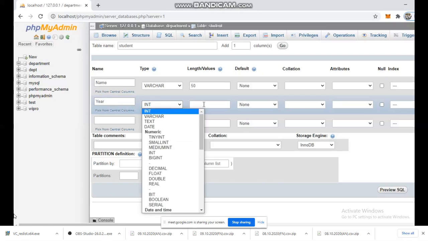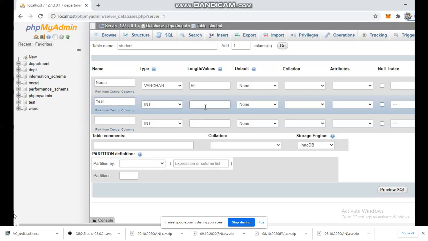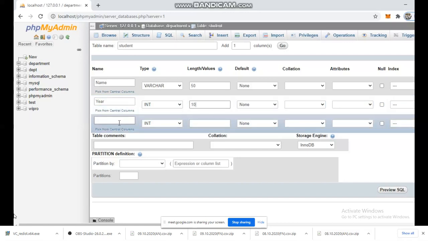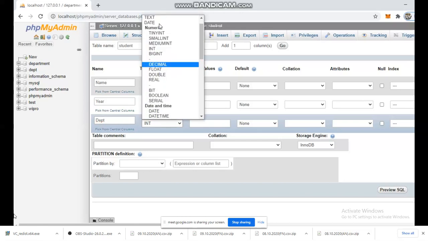Year can be taken as integer. Otherwise, you can go for date also. Once you have learned your DBMS thoroughly, you will be able to work with date as a data type also, right? Even in our Java, we have that, but we have to do typecasting. We are going to use this here. So department is mentioned as dept. These are all the data types available there.